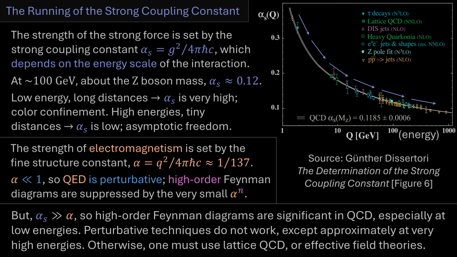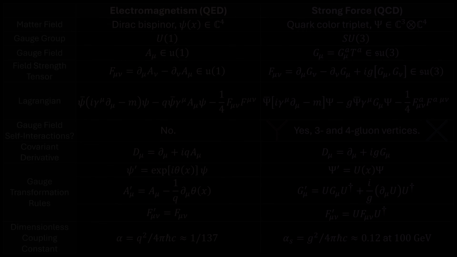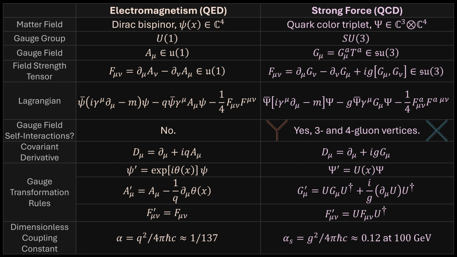And you know what? This is actually a good time to segue into a comparison between electromagnetism and the strong force, so we can understand their similarities and differences, and so we can understand gauge theories more generally. Alright, so having explored quantum chromodynamics, I want to take a moment to compare the structural similarities between electromagnetism and the strong force, so we can see how gauge theory gives us a very coherent and unified way to think about these two very different forces.